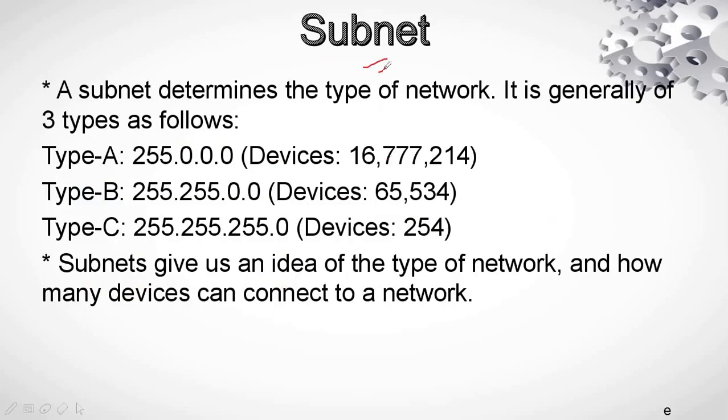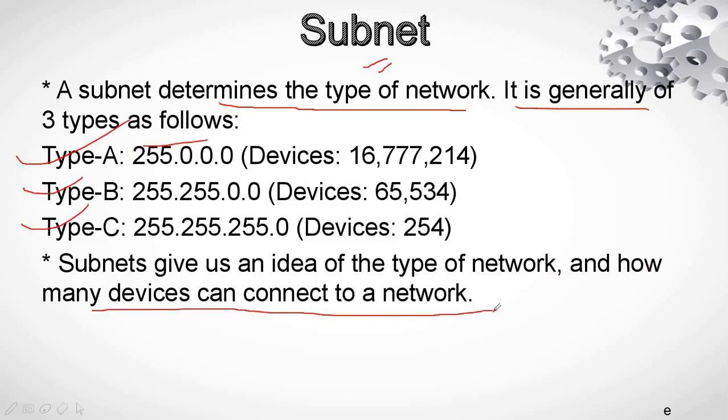Up next we have subnet. This is the last part of the discussion. A subnet determines the type of a network. It is generally of three types. You can see the type A, B, and C. A subnet gives us an idea of the type of network and how many devices can connect to a network. Basically, whenever you connect to a network, it will be either of these three most commonly. And by looking at the subnet, you can simply determine how many devices can connect to that certain